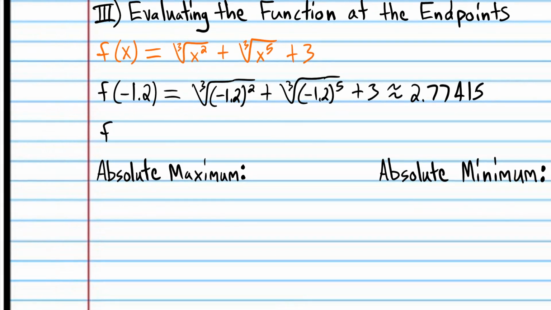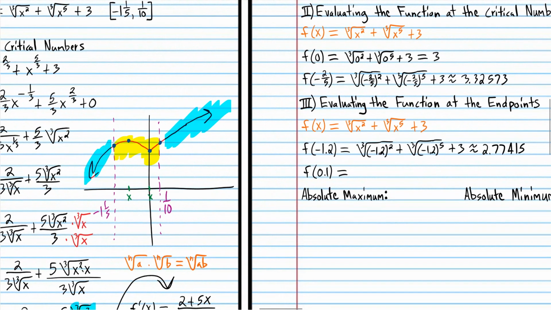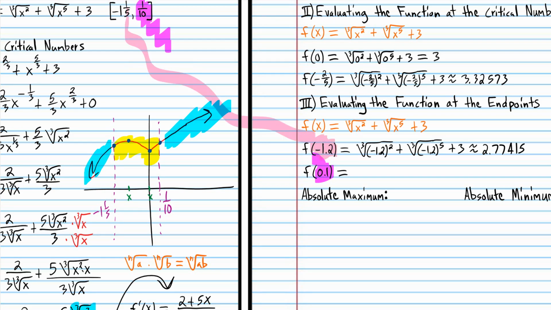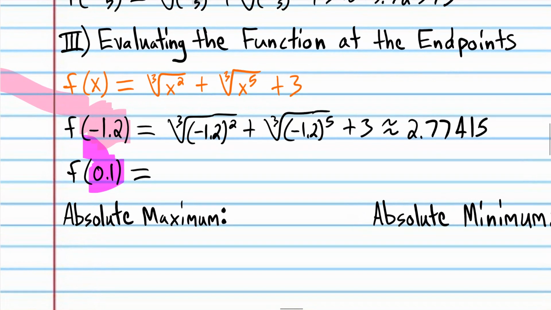Alright, now we're going to plug in 1/10, but instead of 1/10, I'm just going to enter 0.1. So I want to make it clear that that came from there, and this pink value, that came from there. I'm just using decimals because it's easier to write it. So we have 0.1 squared, 0.1 to the 5th,